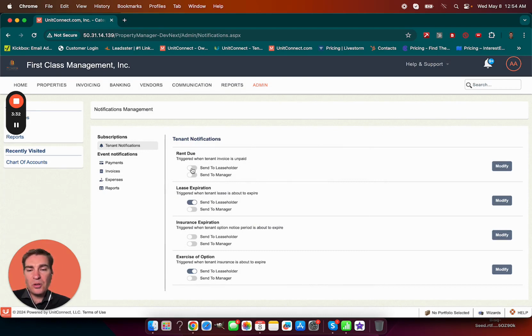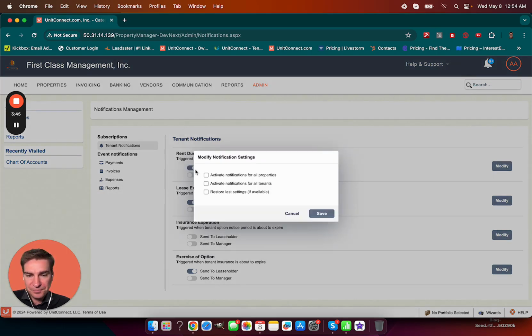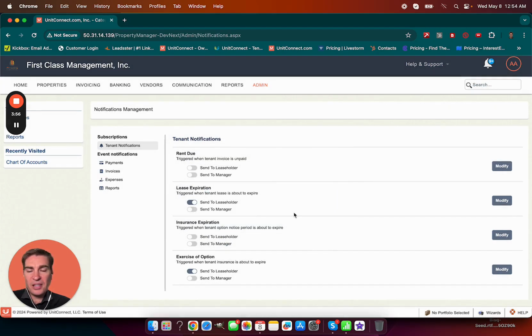The next thing that can be changed is that we have the ability to change whether this applies at the property level as well as the leaseholder level or the tenant level. If I click on send to leaseholder, then we can select activate for all properties, activate for all tenants, or we can restore our last settings. Let's say that I wanted to modify on a property level. So if I come over to properties,